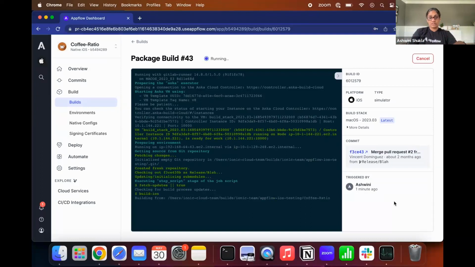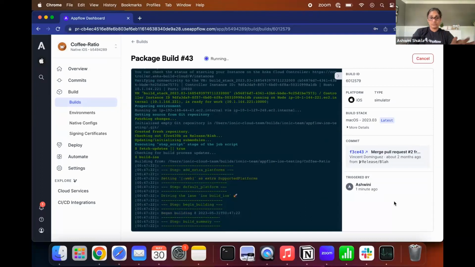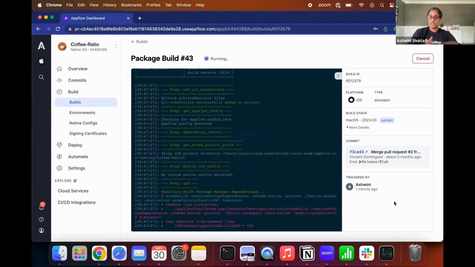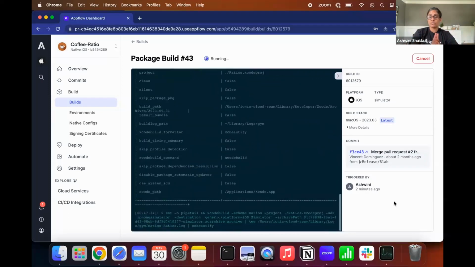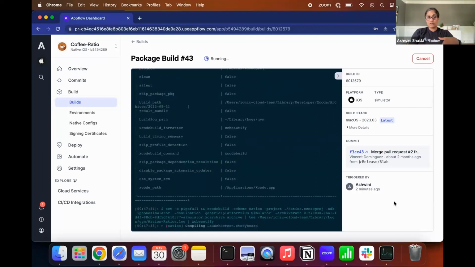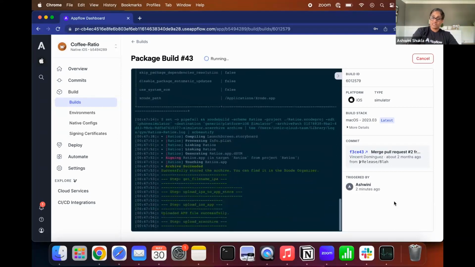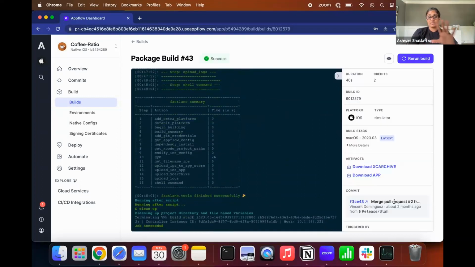We're going to wait for this build to run and finish. It doesn't take that long, but while this is running, you can see you get a build ID assigned. You can see what platform it is and what build stack you used to create that build. And once this is complete, you can see all the details in the log. And when this is ready to go, you will see those artifacts show up here available for you to download. So you can go down the manual testing route at that point by downloading it, but we'll have an even better option where once this is ready, as you can see, successful, you get that device preview option right here